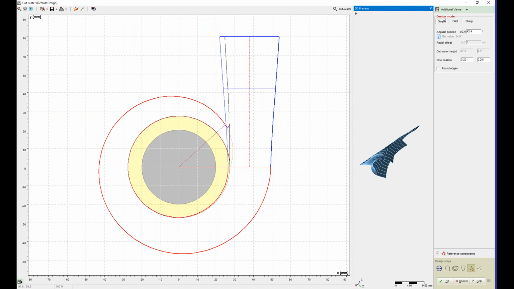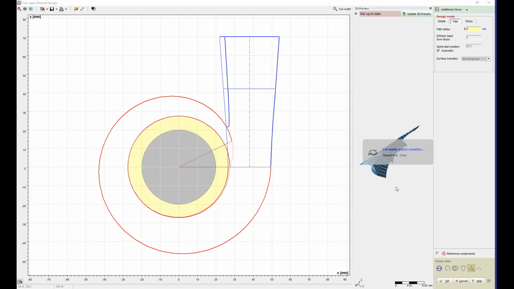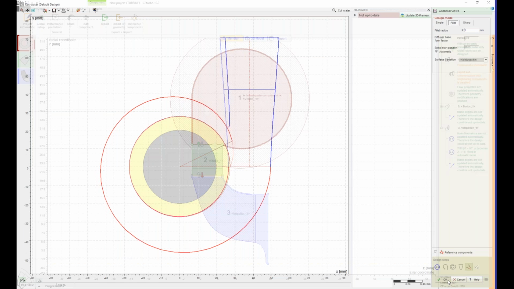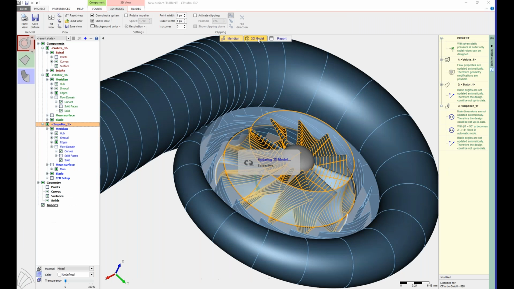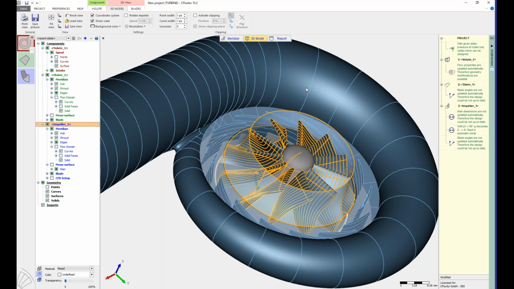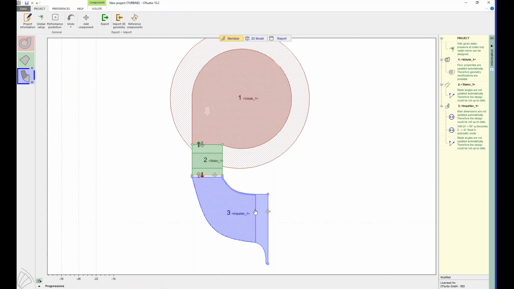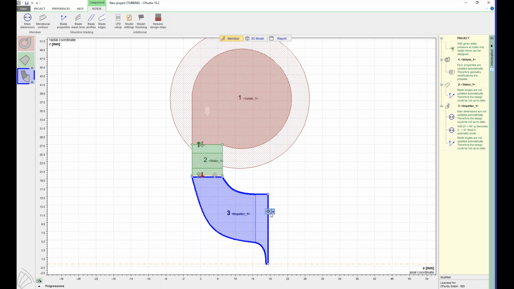And here I want to choose from the three different design modes: the fillet mode with a certain fillet radius of 1 millimeter. I can have again a 3D preview of the cutwater, and if I press OK, the model is almost ready. Just the outlet pipe is missing, and that is very quickly added by just going to the outlet of the